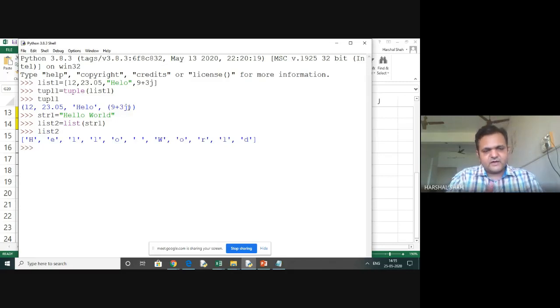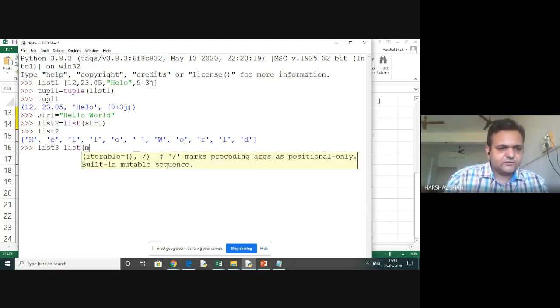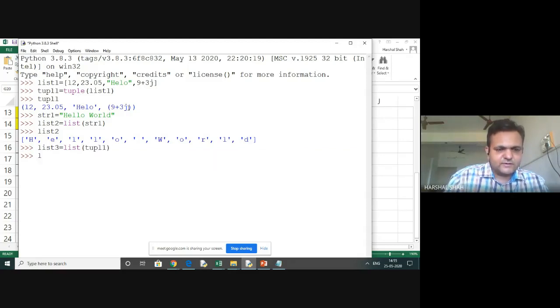See the way it has been placed. So this works exactly the same way for making a list from a string, or from a list. You can even make it from a tuple also. So you can have a list 3, and I again form this from the tuple 1, and you pass it, and this will make list 3.